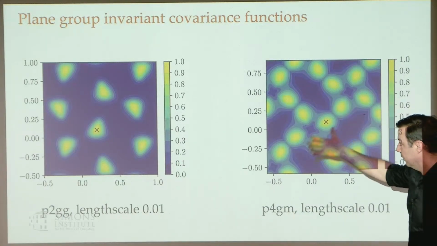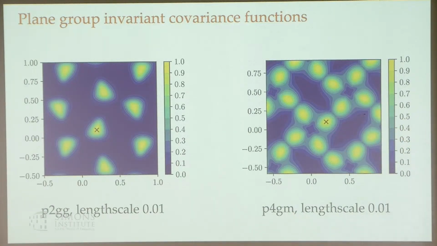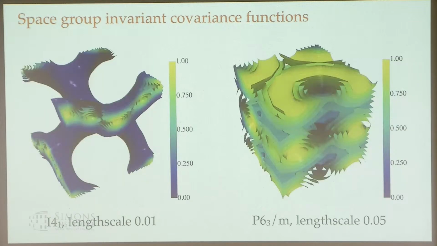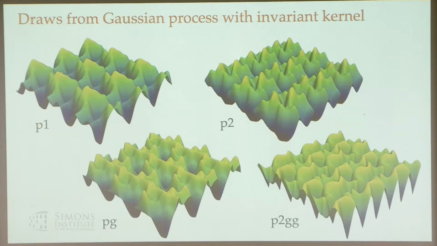Unsurprisingly, that's another invariant function. But again, it's revealing interesting structure, and what you learn about the space by clamping one of the points. We can do that in 3D as well, and again we get these neat invariances. We draw random functions from our Gaussian process, just like we could make our random neural networks.